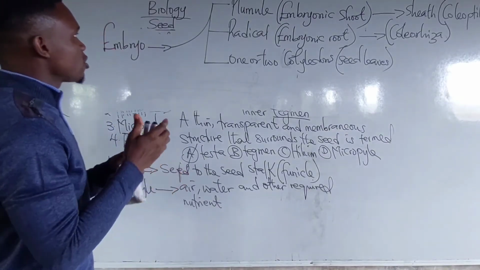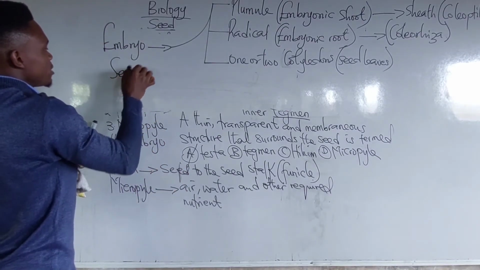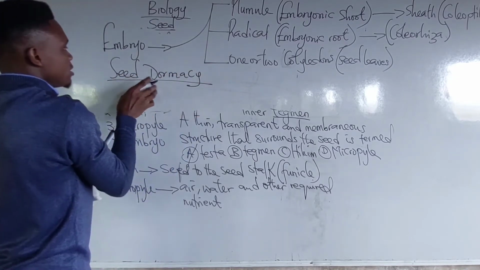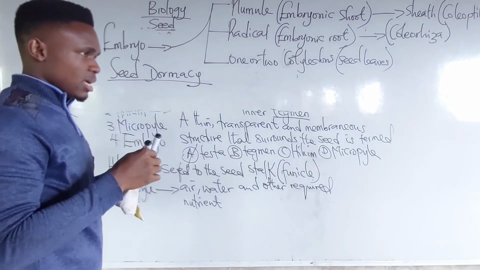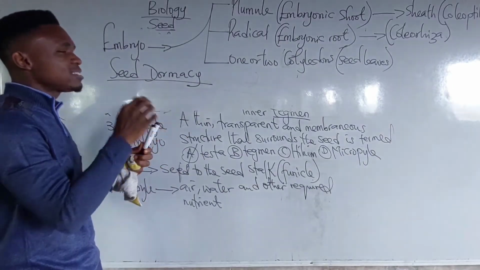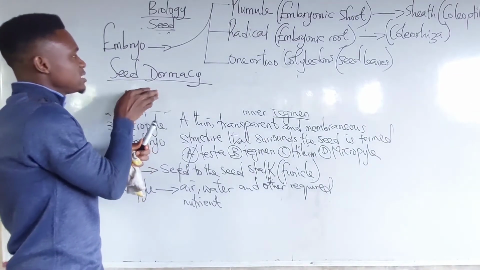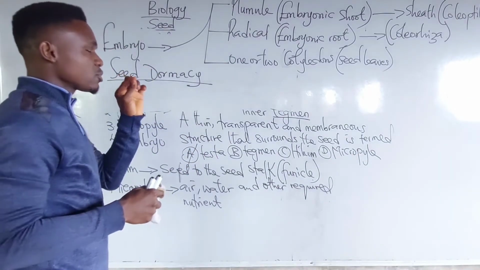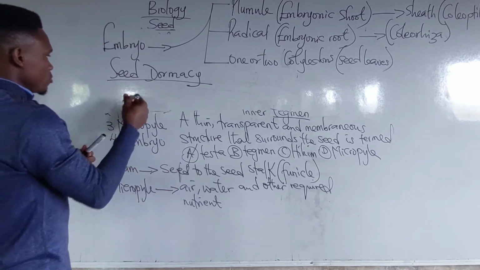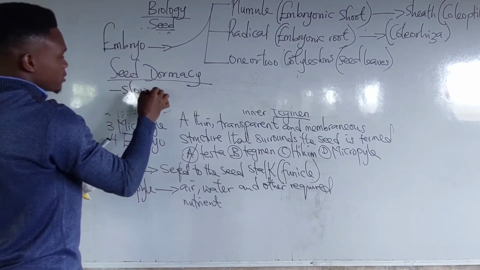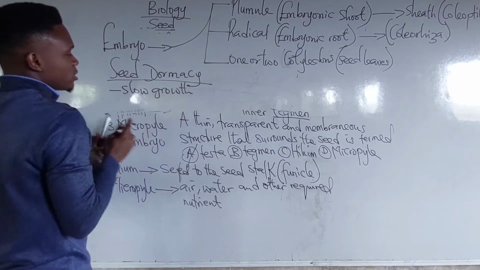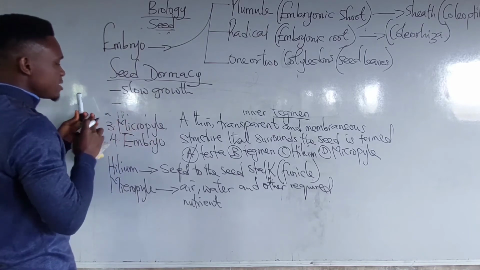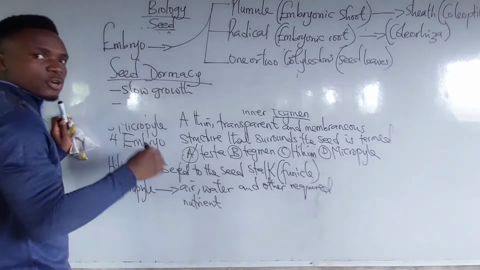Now, seed dormancy means an inactive period of the seed. It is the inactive period of a seed to germinate, and as such, it results in slow growth. It results in what? Slow growth. And two, the seed eventually ceases to grow. Yes, it stops eventually because